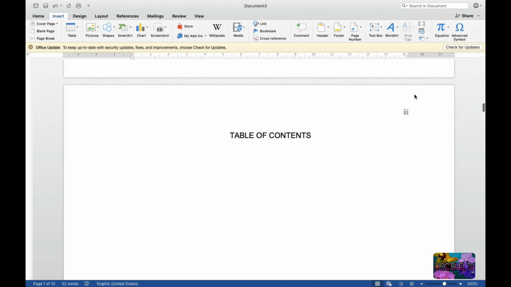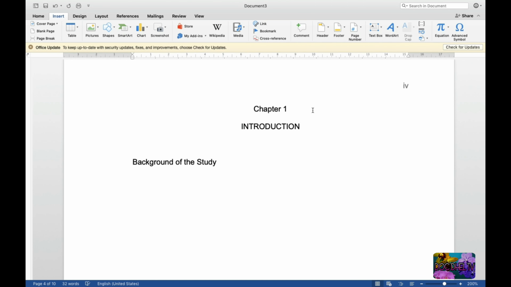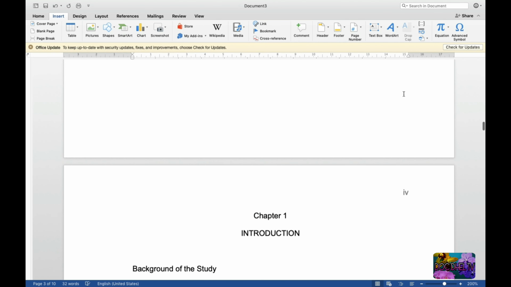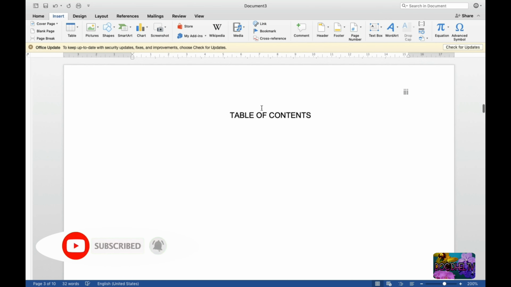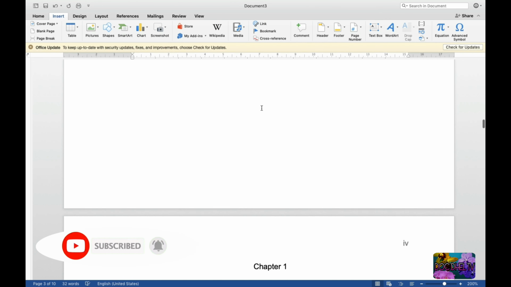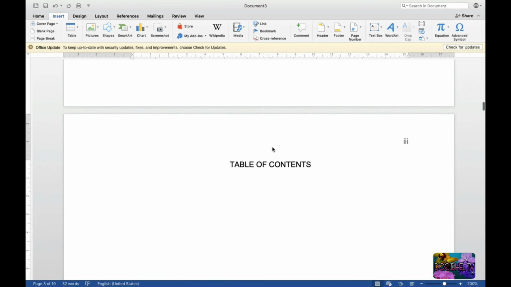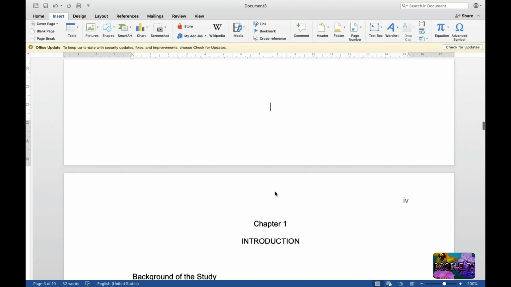Kasi, lahat ng pahina ay naka small Roman numeral. So, this time, yung gagawin natin, i-break natin yung page. So, dapat sa pag-break ng page, nasa panghuling pahina ng preliminary pages, ilalagay natin yung cursor. So, in this case, table of contents. So, dapat dito yung table of contents para the next page will be